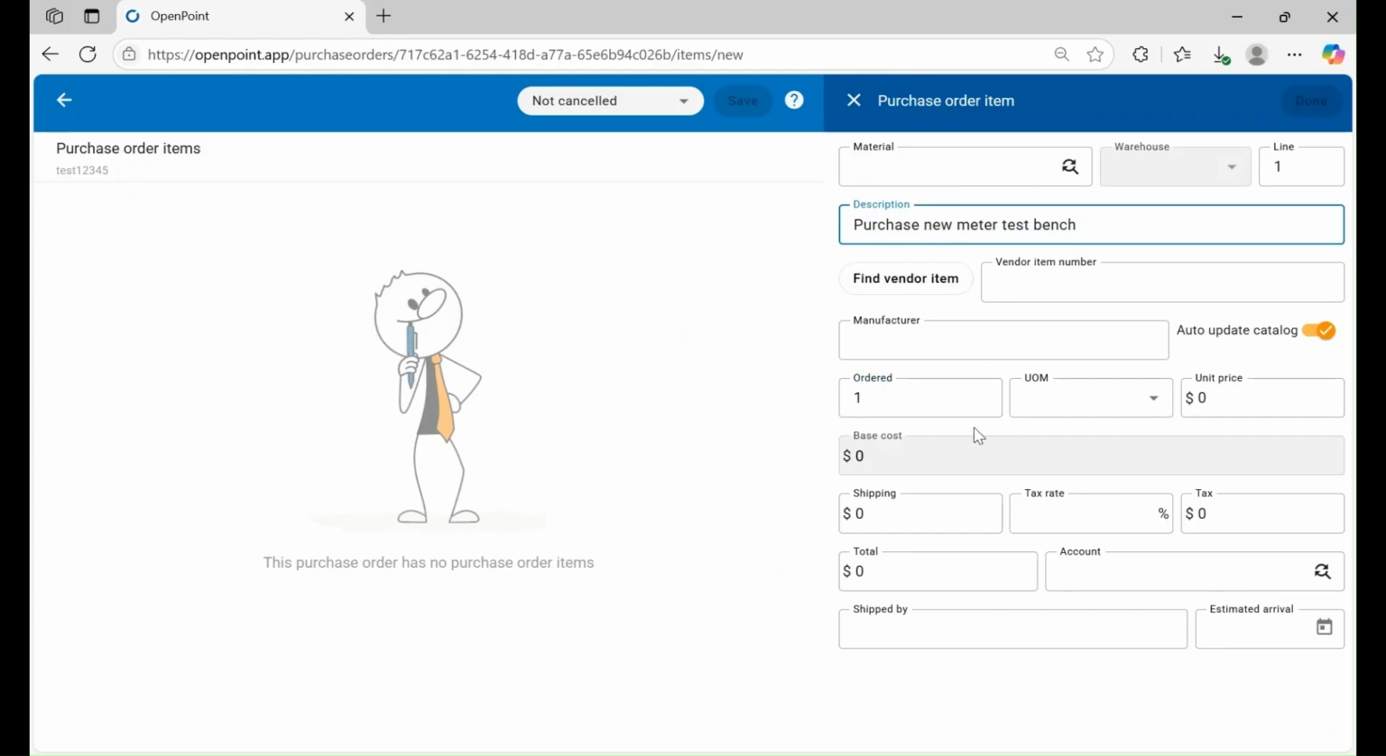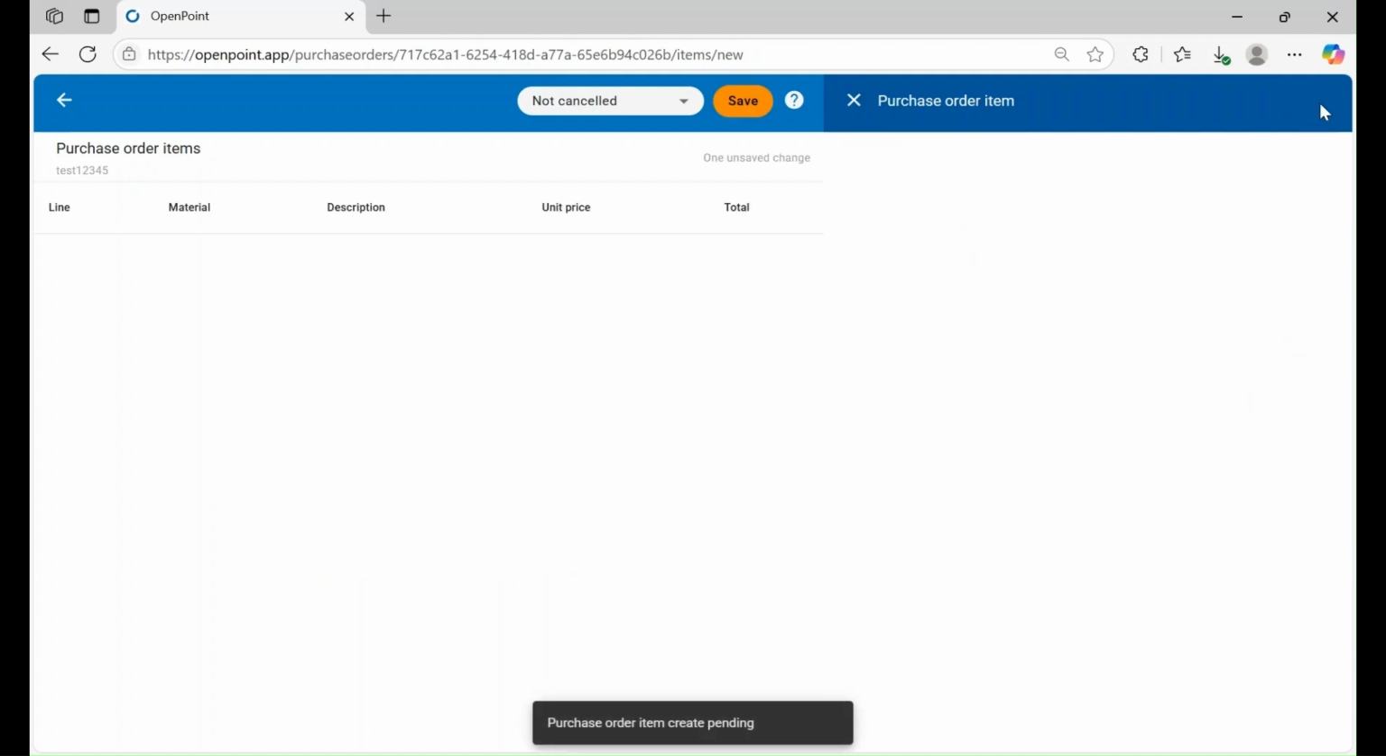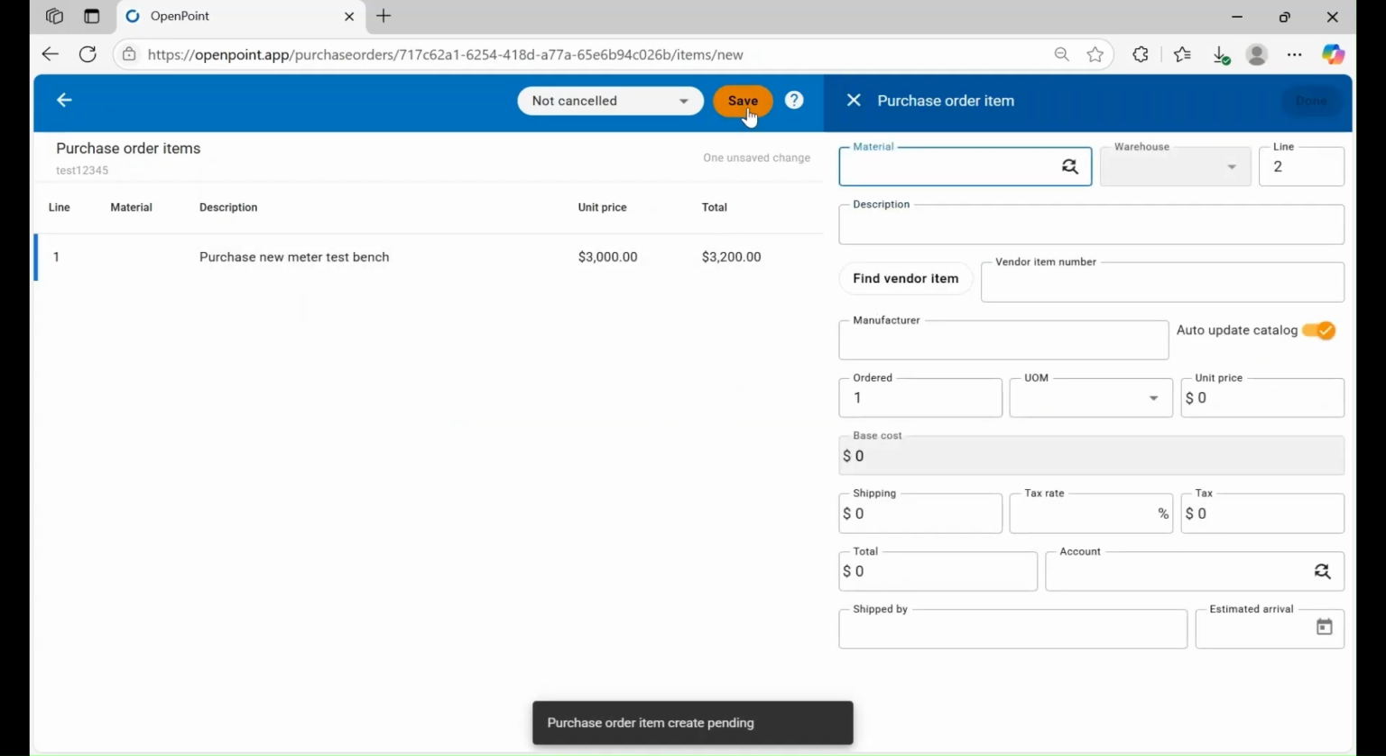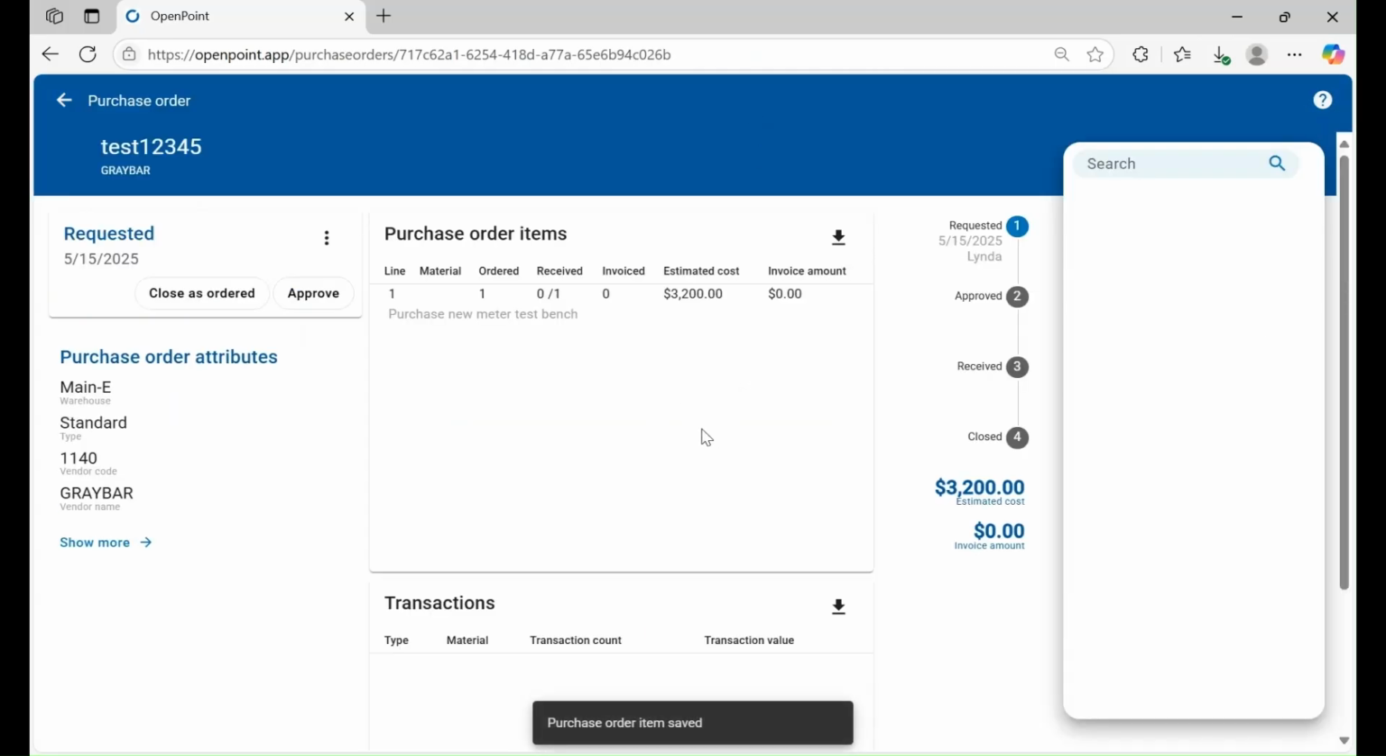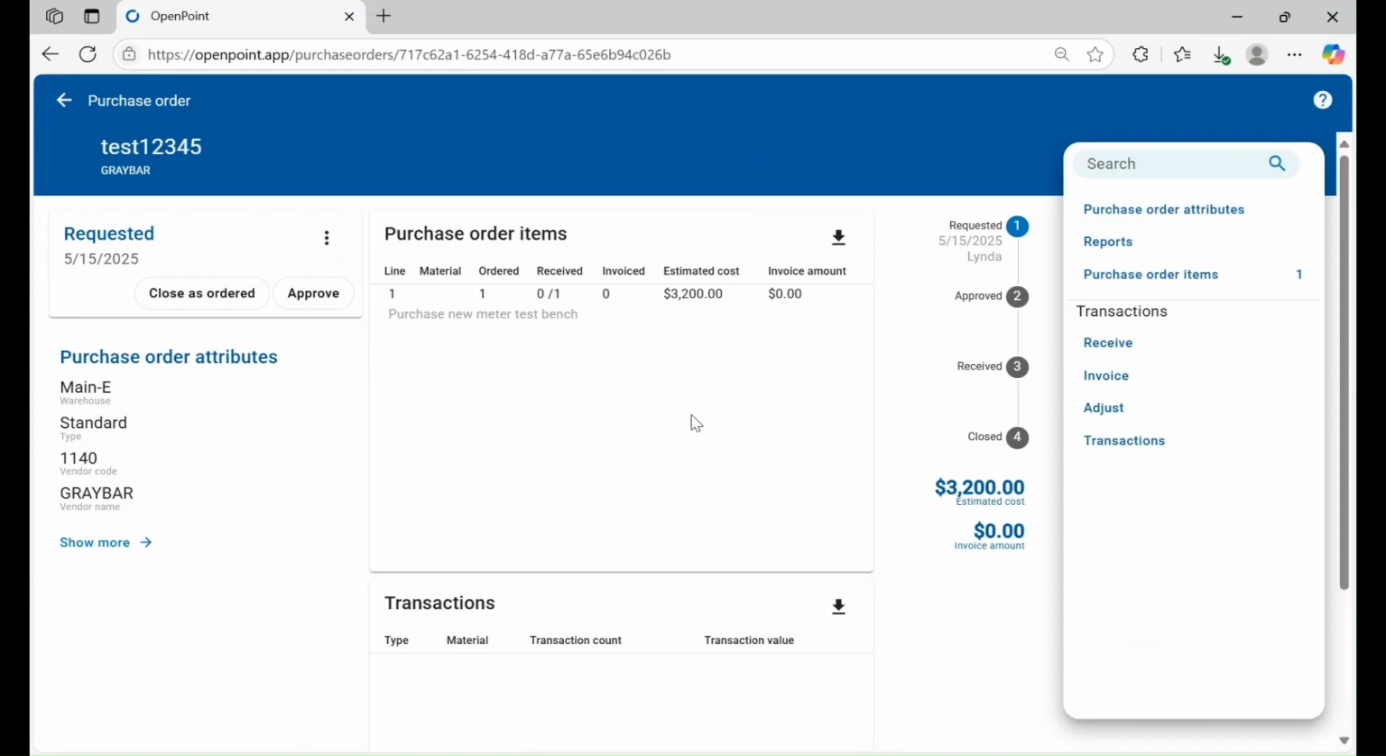and then how many was ordered, the unit of measure, the unit price, and then if there was any shipping or taxes. We're just using shipping on this one, and we're done there. And then you can just save this non-material code item, and all that's on this purchase order then is this